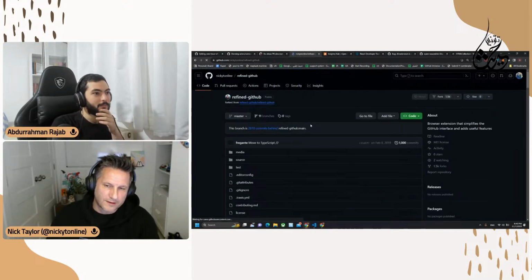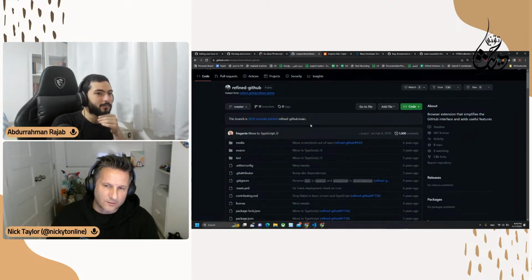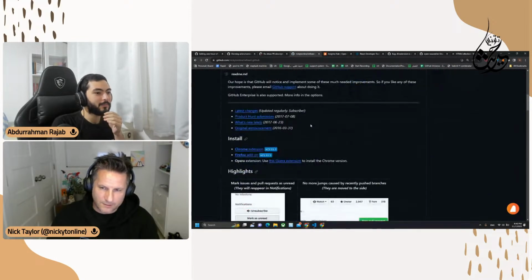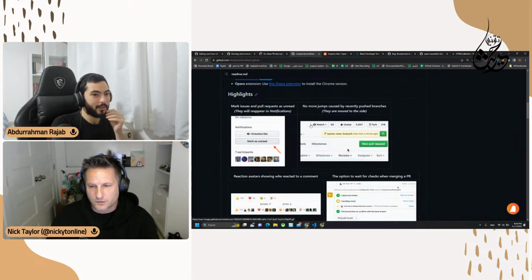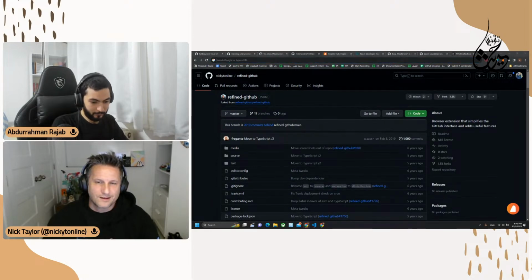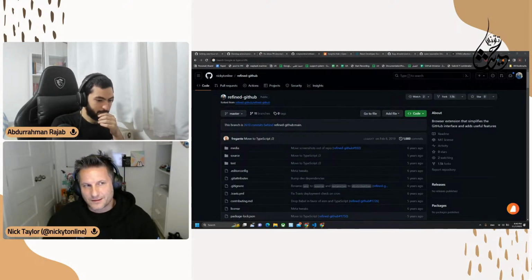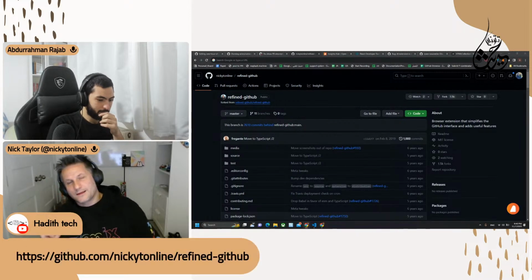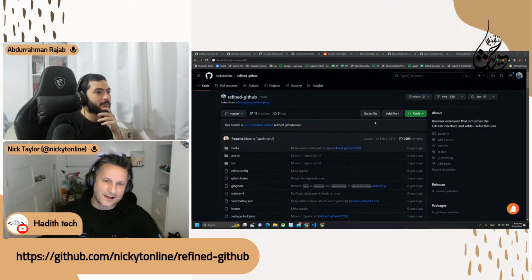We have some enhancements too, like the AI PR pull request description, but they do a lot of changes to the UI and add some nice things. The funny thing is that when we converted it to TypeScript, TypeScript would say this element doesn't exist, and the way they had to code the extension was